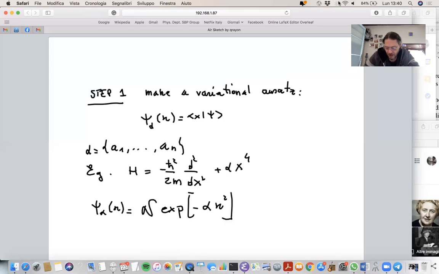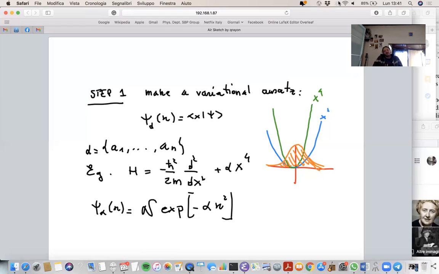Now, this Gaussian comes from noting that a quartic potential is qualitatively similar to a quadratic potential, but it grows faster. But in both cases, I would expect my ground state wave function to be mostly concentrated in the middle. And by the same argument that led us to guess the Gaussian, we might be tempted to perform this guess. However, we already know that psi of alpha cannot be the exact answer,